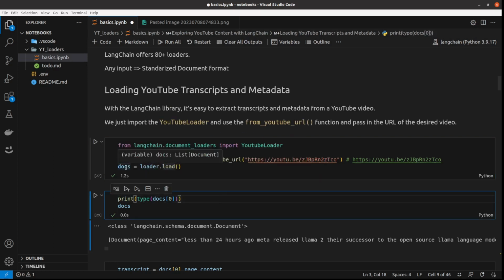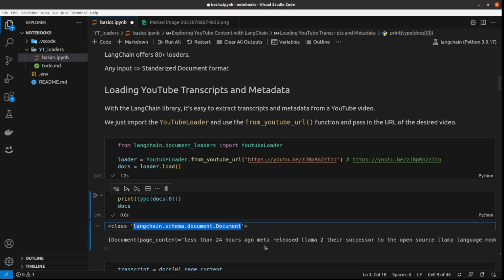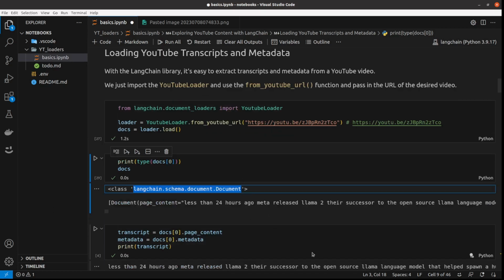and we get the docs, and docs is the list of documents, because we can pass to this function a list of, in this case, YouTube videos. So that's why when I want to show you the type of the doc, I'm taking the first element of this list, and as you can see, this type is LangChain schema document,